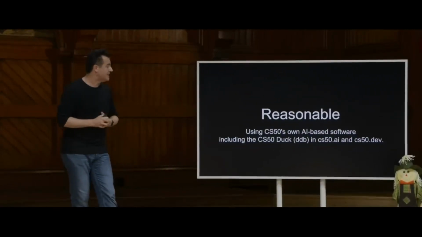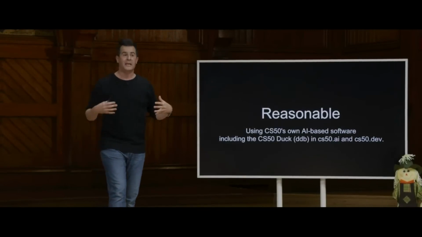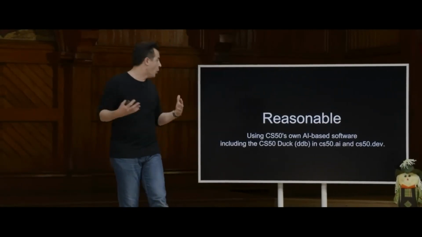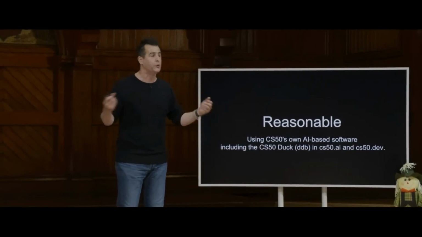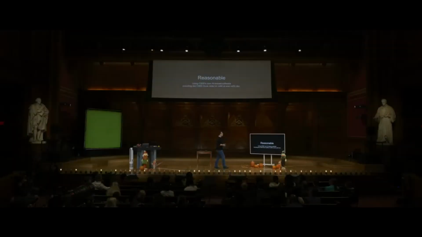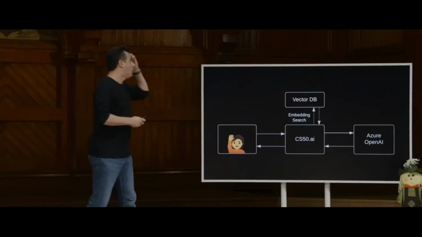And in fact, what students can now use is this brought to life CS50 Duck, or DDB, Duck Debugger, within a website of our own, CS50.ai, and another that your students know, known as CS50.dev. So students are using it, but in a way where we have tempered the enthusiasm of what might otherwise be an overly helpful duck to model it more akin to a good teacher, a good teaching fellow who might guide you to the answers, but not simply hand them outright. So what does that actually mean, and in what form does this duck come?